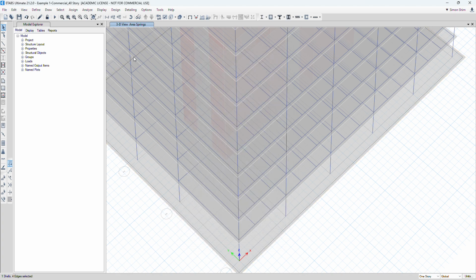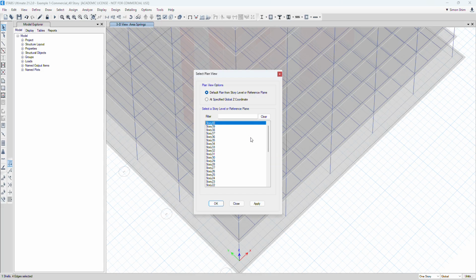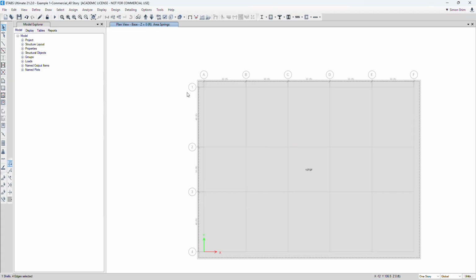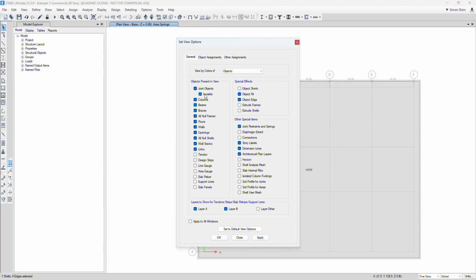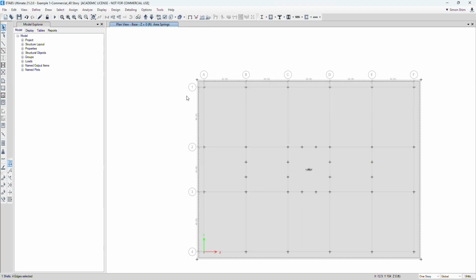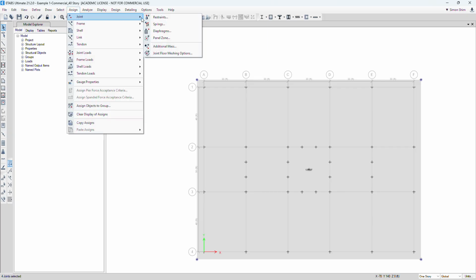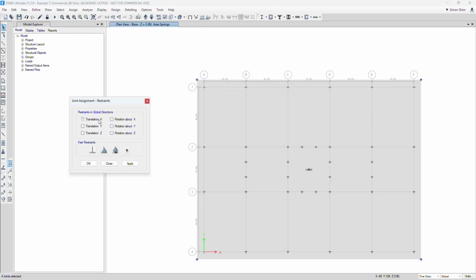So it's almost ready. But one thing I'm going to edit more: because I only applied the vertical springs, this building doesn't have any lateral resistance. So I'm going to pick up the points and assign only spring restraint X and Y, not vertical, so that this building doesn't move under the wind load,